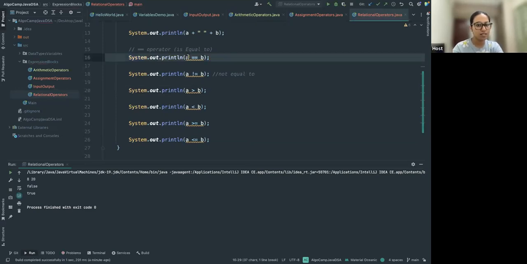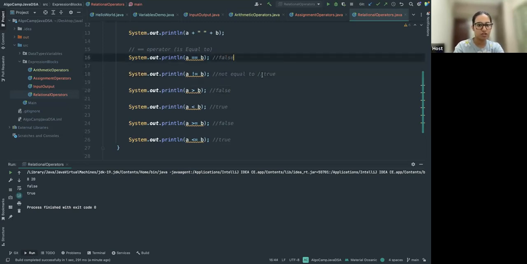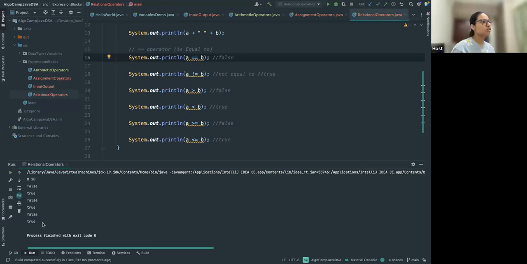So this is false, right? This is true. This should be false. This should be true, right? This should be false. This should be true. And this should be false. Let's see if the output over here actually is the same. It indeed is. So relational operators, always remember,